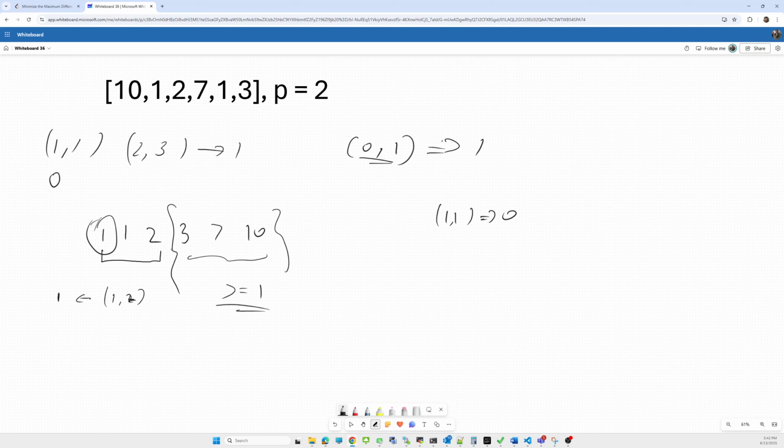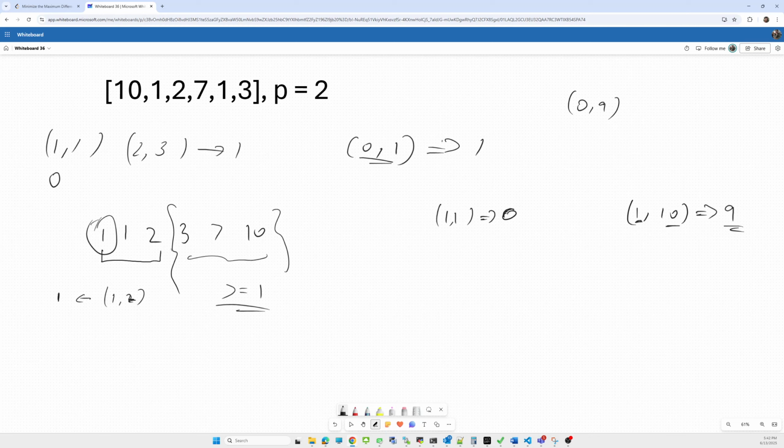For the maximum, it will be 1 comma 10. If I take the first and the last element as a pair, it gives me the maximum difference of 9. Now I know the range of minimum and maximum difference is 0 and 9.